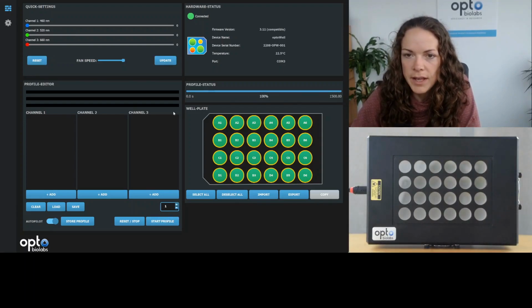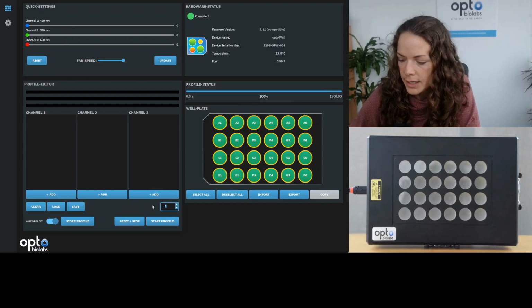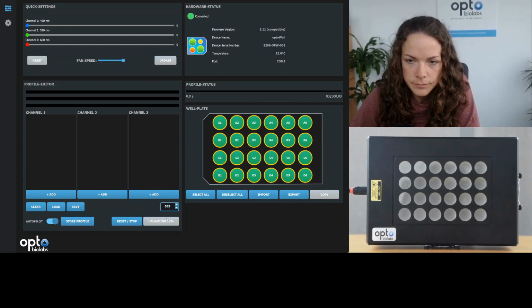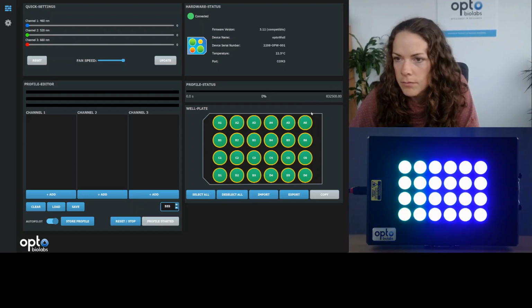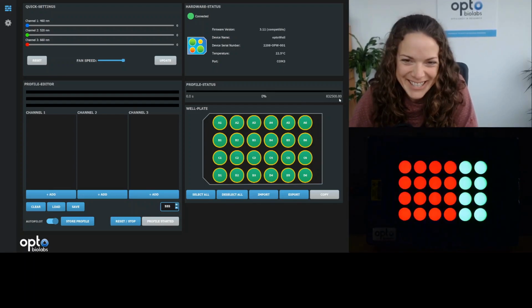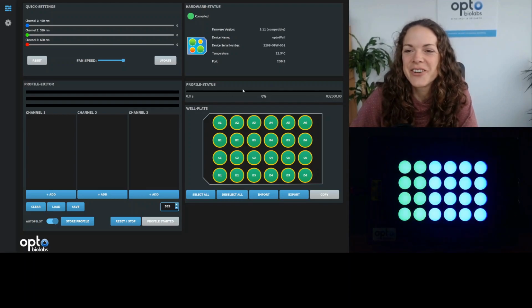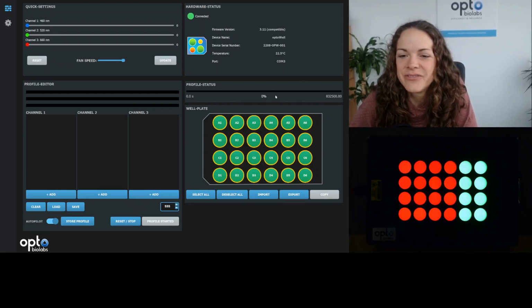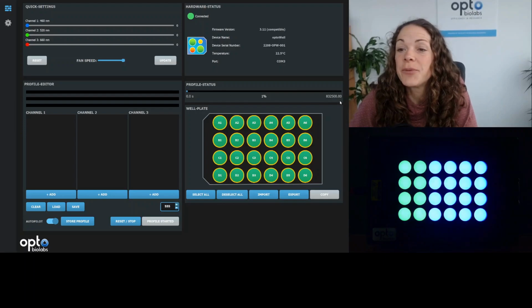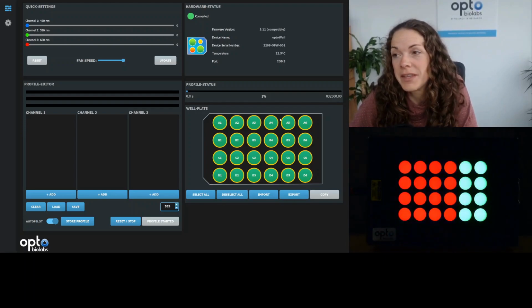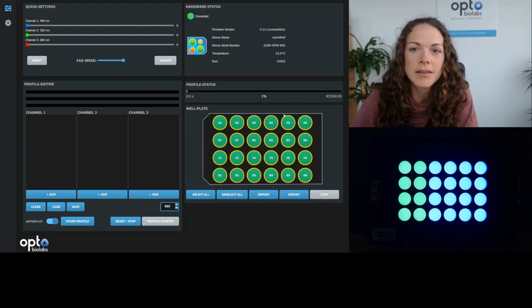It will be done really fast, but we can also add cycles into the profiles. Then you already see it will run much longer, 800,000 seconds. I would have to calculate how many minutes or hours that is, but it's going to run for quite a while. Now, if you want to recycle this program and get it done maybe next week or next month, and in between other people want to use the optoWELL,